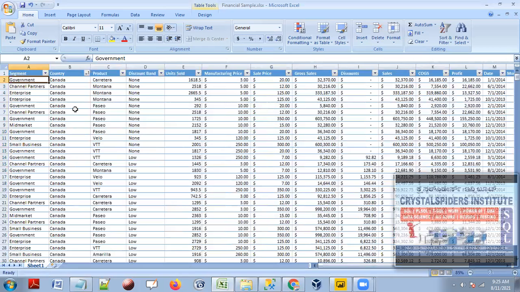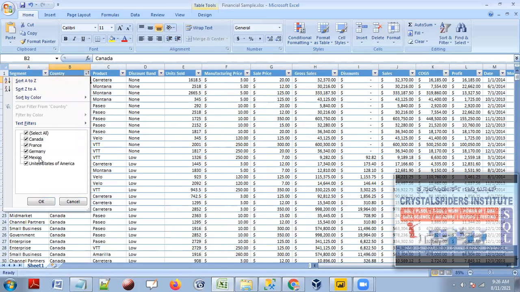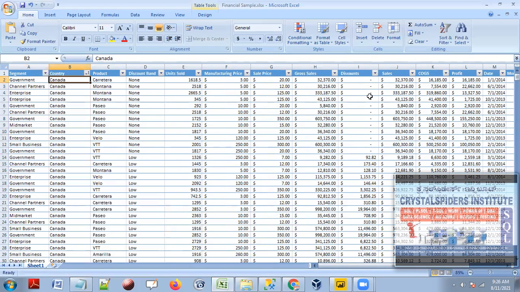I'm going to load this sheet into Power BI Desktop, and we can start producing. Now let's see, I want to see the profit country-wise. Let's take Canada as one country. We have so many countries: Canada, France, Germany, Mexico, United States of America. We already saw this in earlier sessions. So I would like to produce a visual based on one dimension. I want to see an aggregation of the total sales within each country. What is the total sales or total profit country-wise?